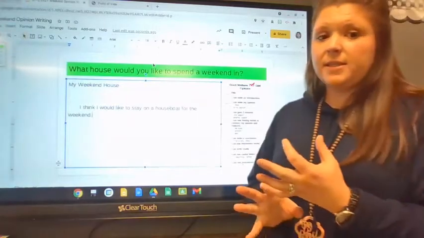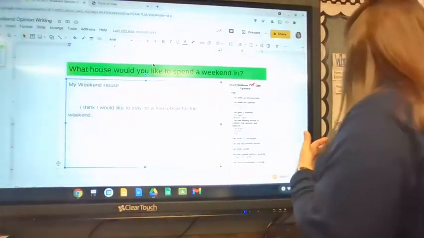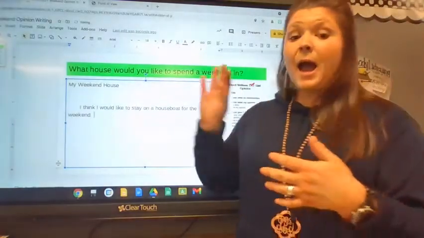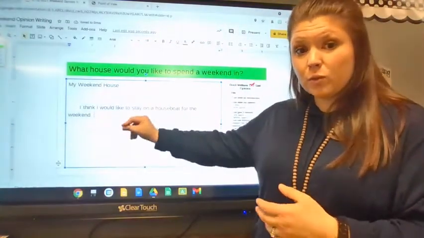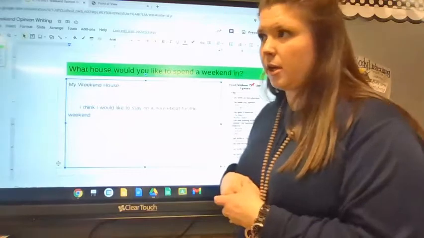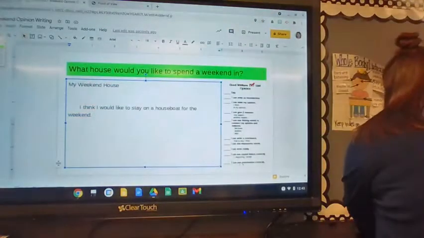Now, if you notice, I'm not going to hit enter. I'm just going to hit the space bar. I'm going to type my first reason right here beside my introduction sentence. I'm going to start with a capital letter.